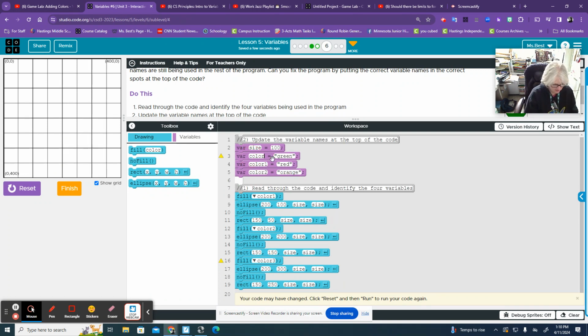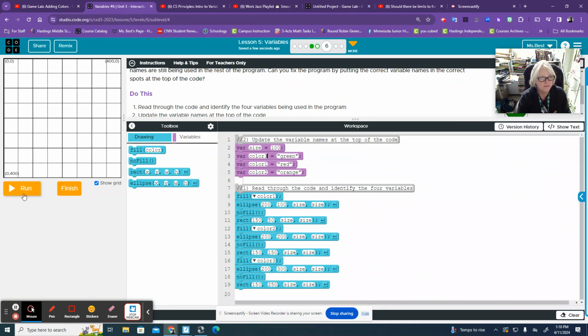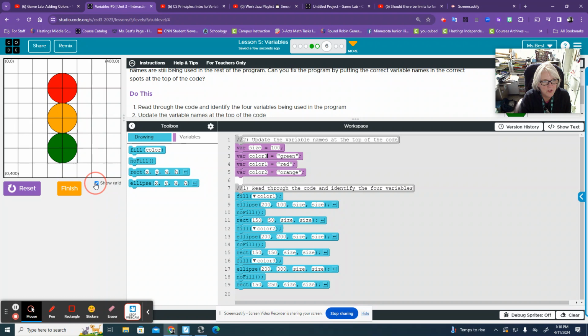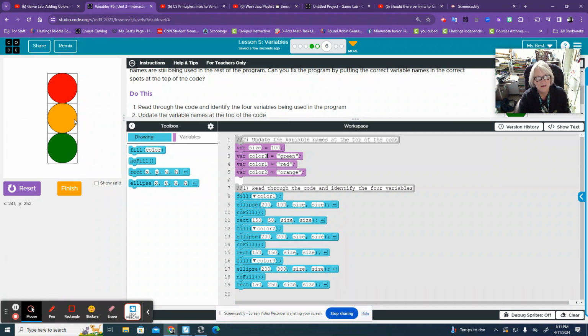And then let's test it out to make sure it's working. There you go. All right, if I take the grid off, you'll see a little outline for the actual stoplight there. Okay, sweet. Now you can move on, and the test or the assessment level is the one with the smiley face. So use the variables instead of the number, and that should help you out. All right. Now we are going to move on